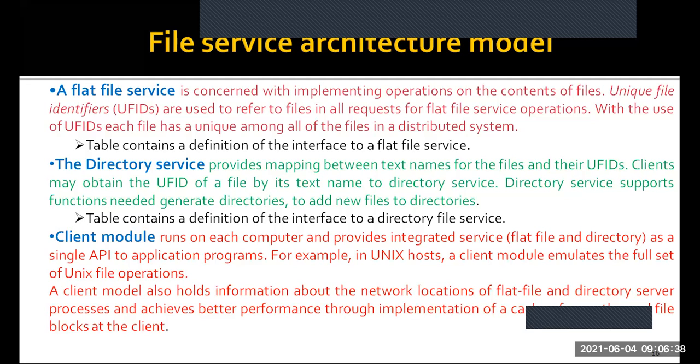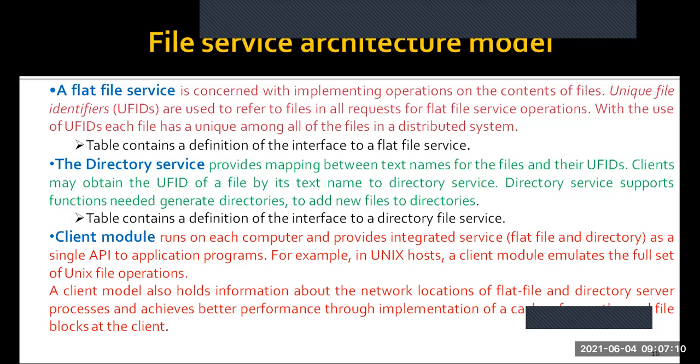It implements the operations on the files, and we identify the files using the unique file identifiers, UFIDs. So using the UFIDs in the flat file service module, you implement the operations on the corresponding files. In the upcoming table, we will see what flat file service operations we can perform on the file system using the UFIDs.